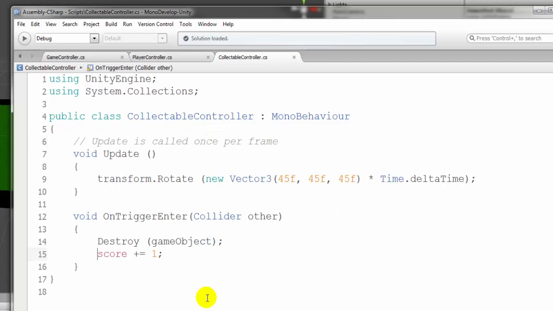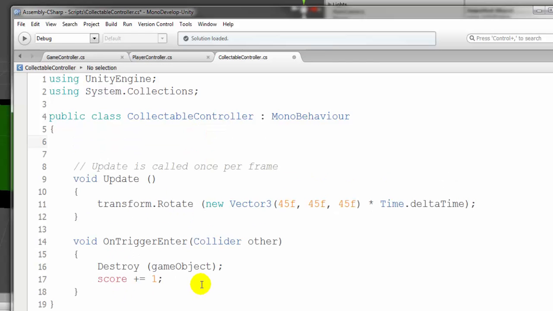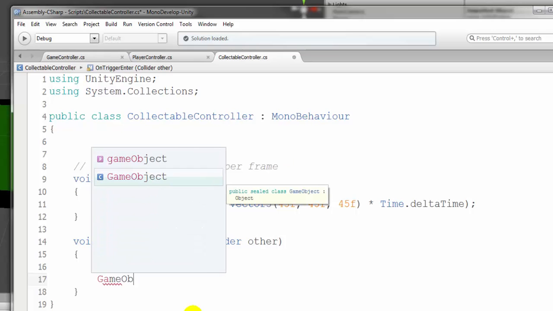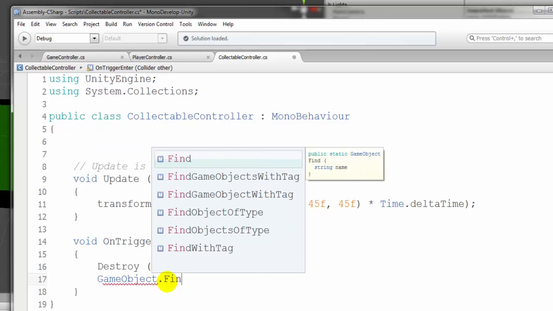We have two different ways. Let's go ahead and do it the easiest way, which is going to be in 1 or 2 lines of code. So I'm going to go ahead and delete this. And what we want to do first is grab some game object. So I'm going to say GameObject. Notice the capitalization, capital G, capital O. So this is going to grab a game object, but we've got to tell it what to find. So we're going to say find,